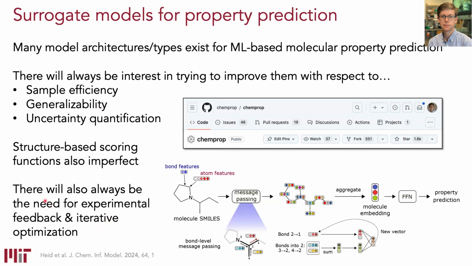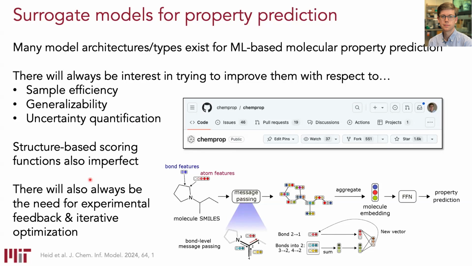And so importantly, the sentence pointing out the fact that we're almost always going to rely on some degree of experimental testing and feedback, right? You can't really escape that iterative design cycle. At the end of the day, we're going to need to test compounds in the lab and use that information to iterate.